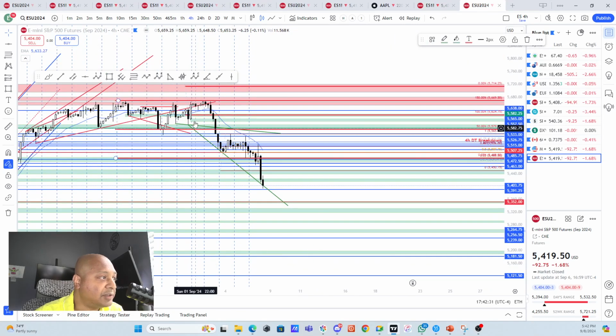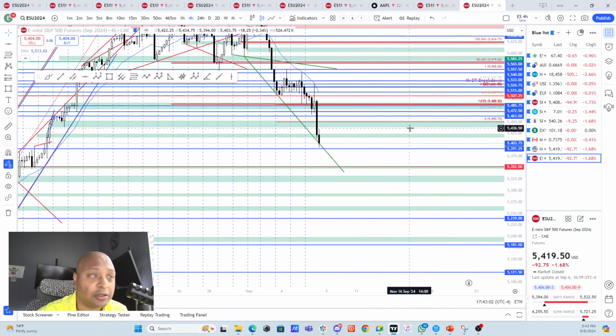Based on that, we had the first leg down, we had the second leg down, we had the third leg down. So these are the three major legs that we see. Or if you're looking at it in a different way, this was the first leg down, this was the second leg down, which are the major legs. And then we can expect another leg down as well. However, some traders will also see it as the first leg down, this was the second leg down, and then we broke down the second leg and got the third and the fourth leg down as well. So based on these movements, there can be some bullish pullbacks to the upside based on the 4-hour chart.